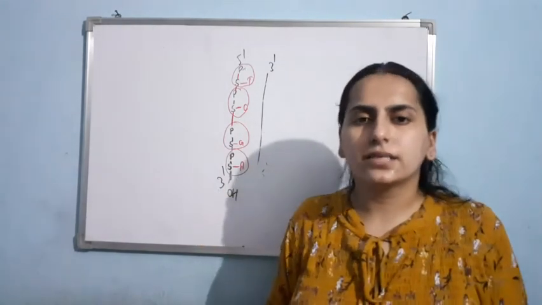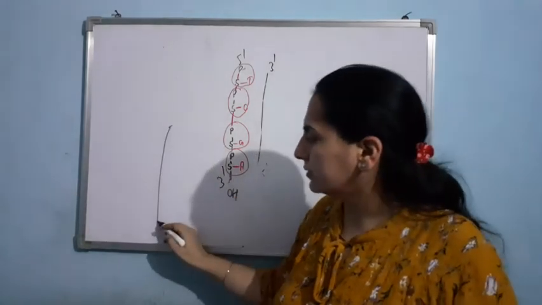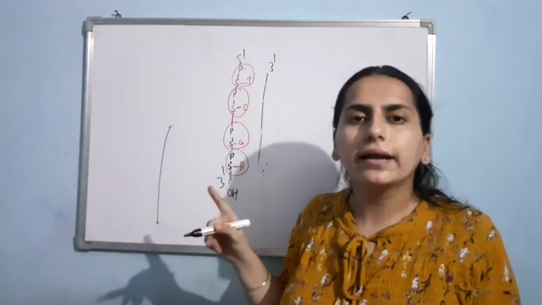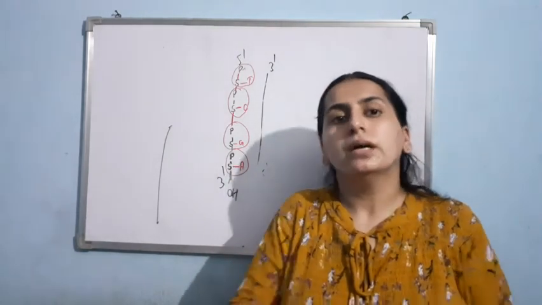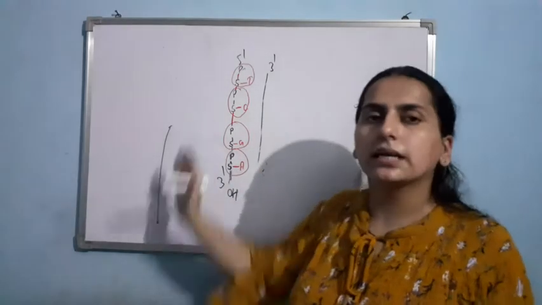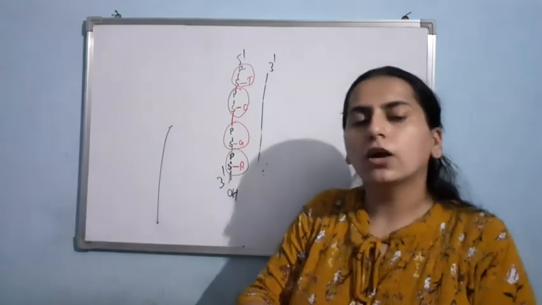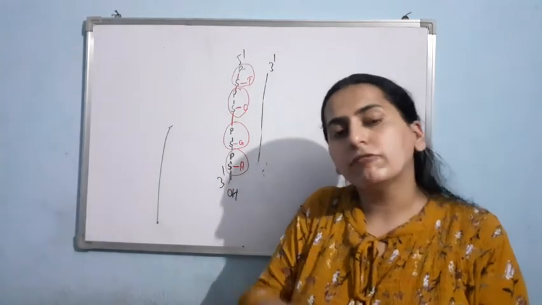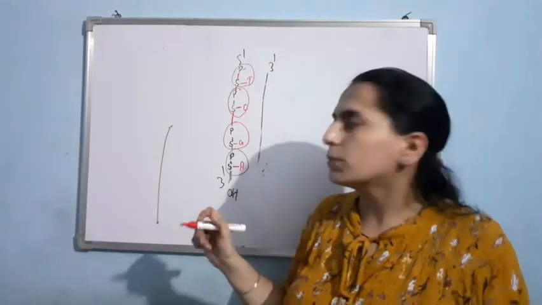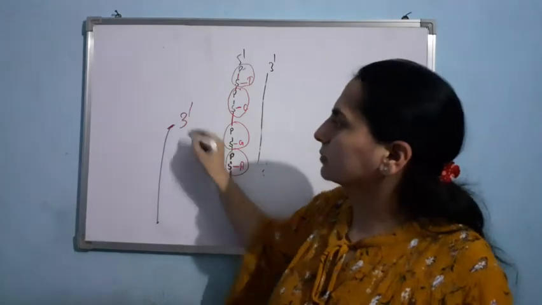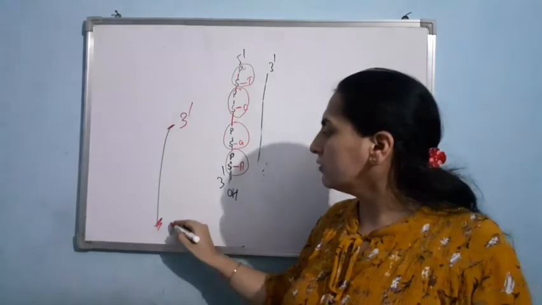Listen, our DNA strand, it is linear. Surely it will be free at both the ends. And surely at one end there will be a phosphate group, and at the other end there will be a free OH group. This will happen surely because the bonding is taking place like this only, that I am telling you. So at one end, suppose I am having a free OH group, and the end where the free OH group is present, basically I can say where the sugar having the free OH group is present, that is the 3' end. And the other end which is having the free phosphate group, that will be the 5' end.